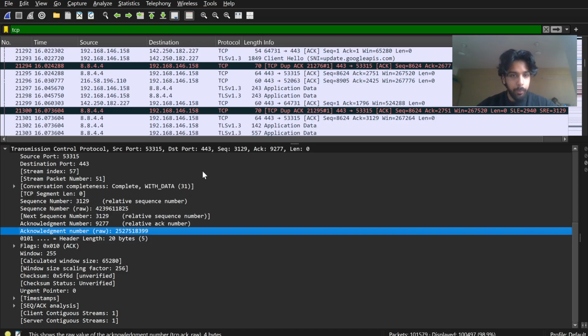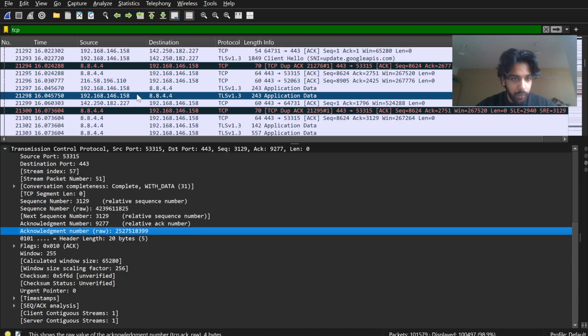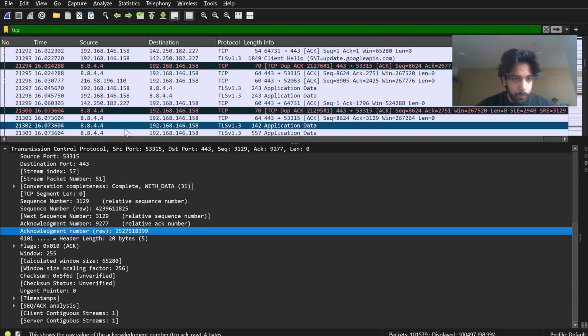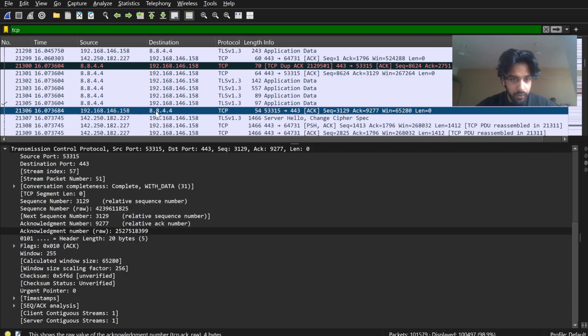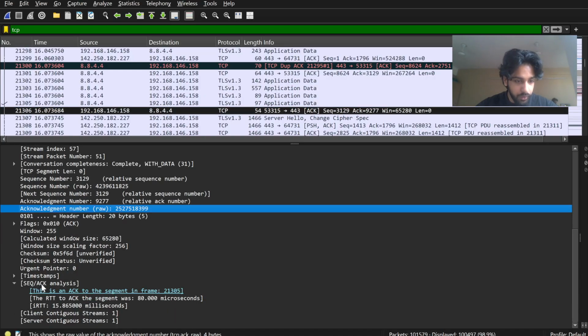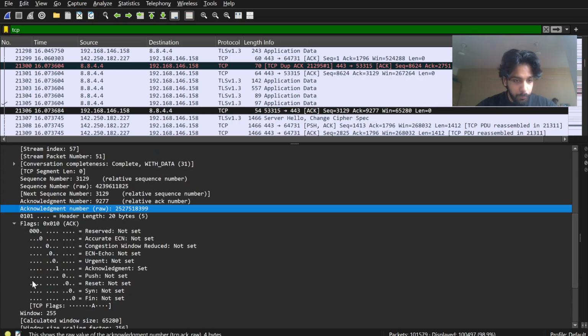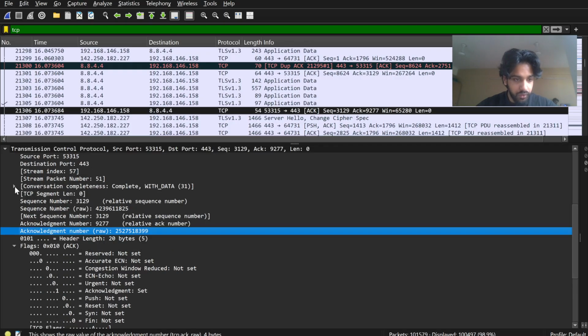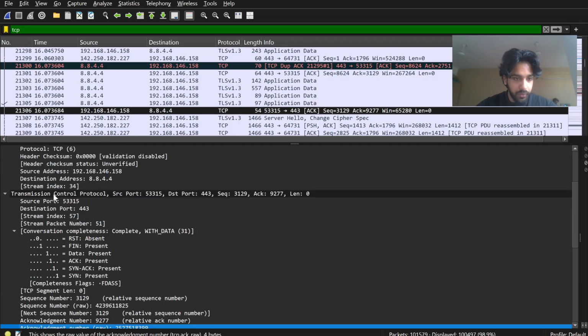Okay, so now we are comparing a TCP packet with the QUIC packet. Here you can see I have selected a TCP packet. This IP is also a Google server's IP. It is using the source port, destination port, and then the IP addresses. Along with that, we have the acknowledgement number, the sequence number of a packet, the checksum, and the window. Then we have the flags for SYN, ACK, PUSH, FIN. So this is the overall representation of a TCP packet.